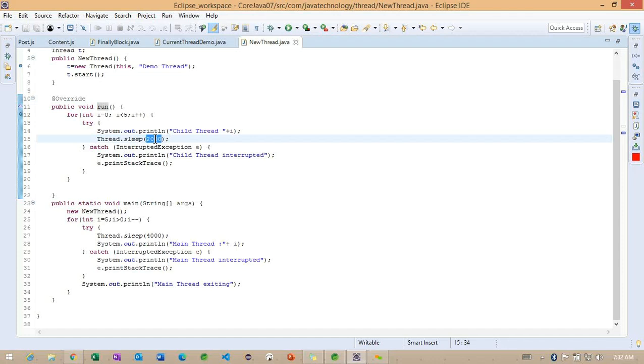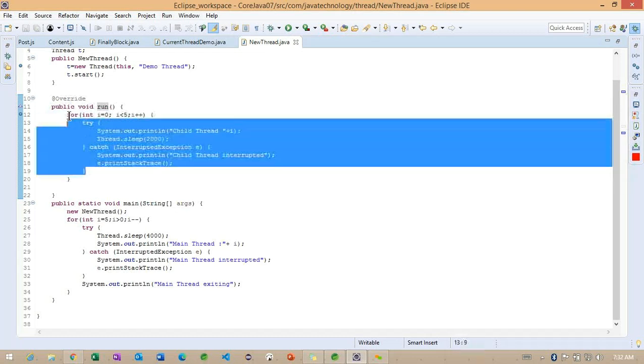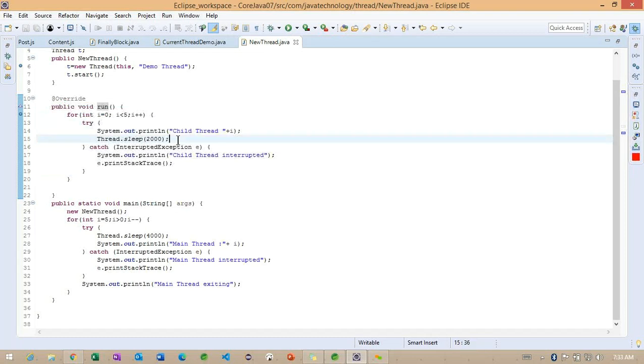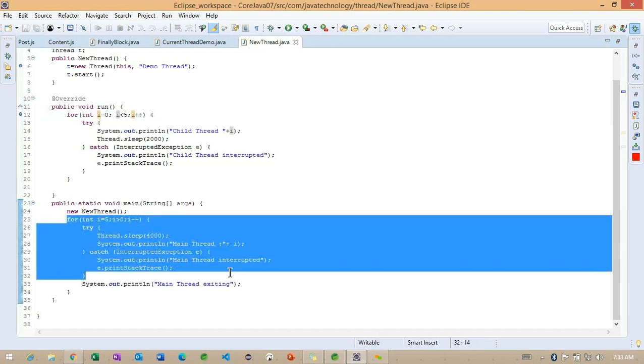When the 2 seconds are completed for this child thread, what happens? Because this loop is going to execute 5 times, the thread sleeps 2 seconds every time and keeps on executing this loop until the condition fails. Meanwhile, in the same way, the main thread keeps on executing until its condition fails. Getting the point?